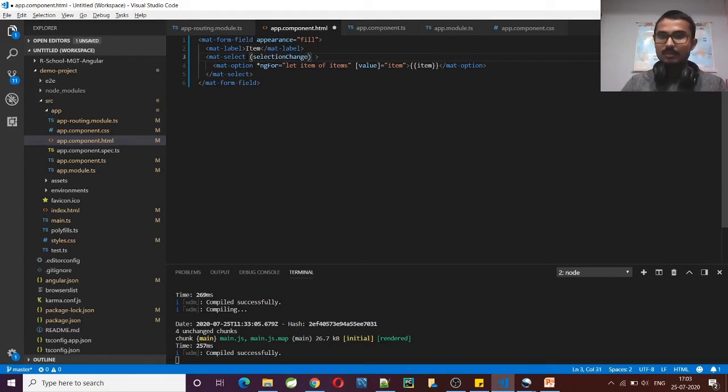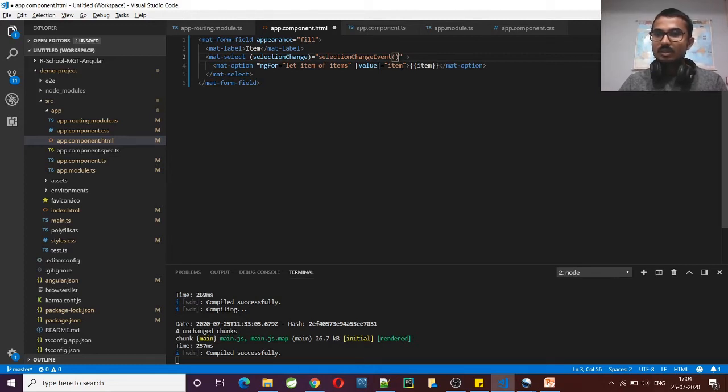On this event we will call a method, selection change event, and here I'll pass the value of the selected item.